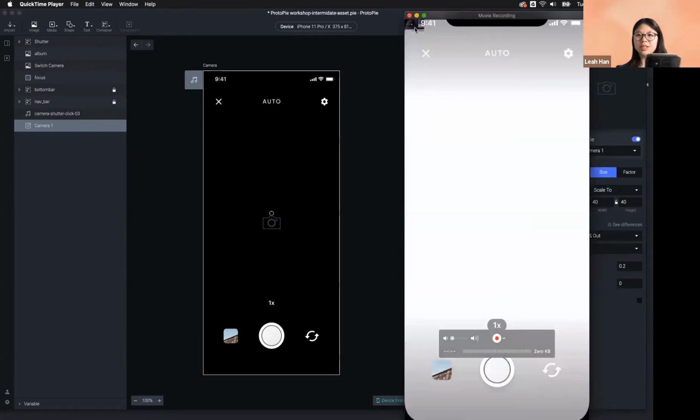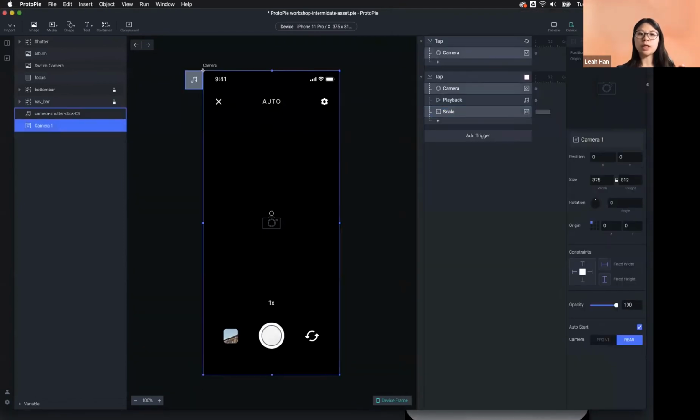So can you see it? When it changes the size, it will be smaller. But currently the origin of my layer is the top left corner. So that's why it moved to the corner. So what I need to do is change the origin to the center. Change the origin of this camera layer to the center. And then,